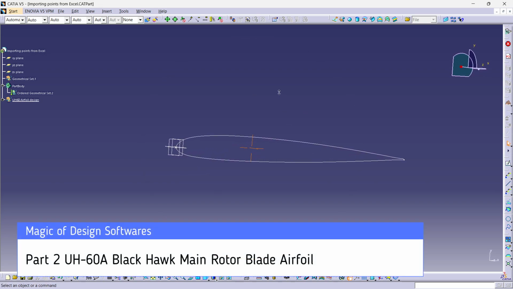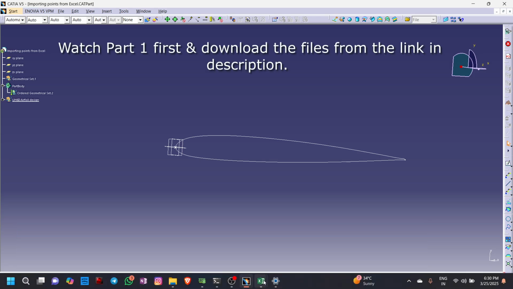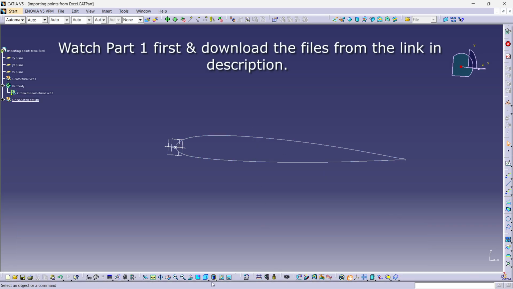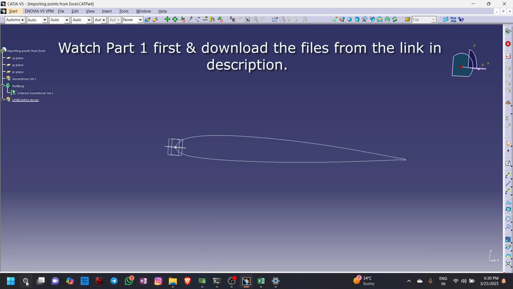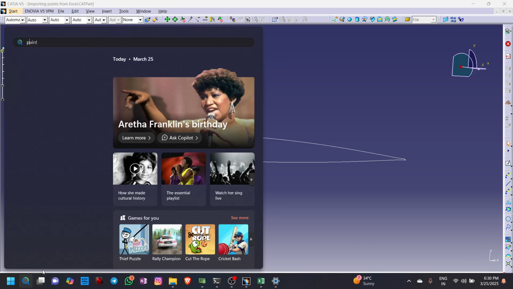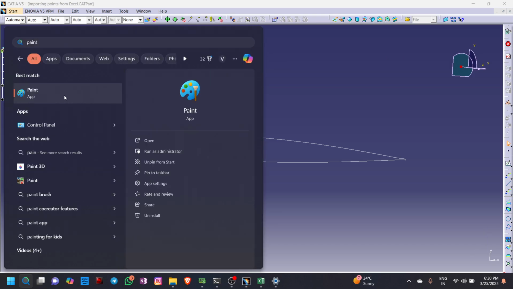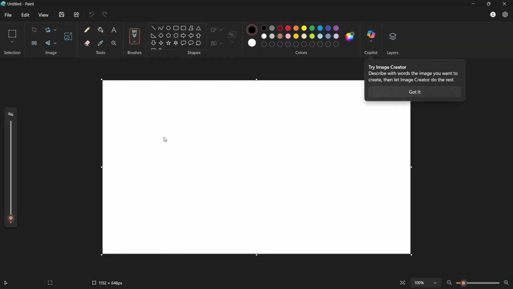Okay, now the first section is ready. Similarly, you have to create three more sections, right? And once again, I give an idea here. Once the user has created this airfoil of